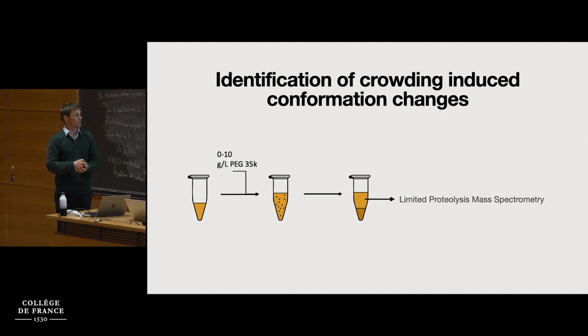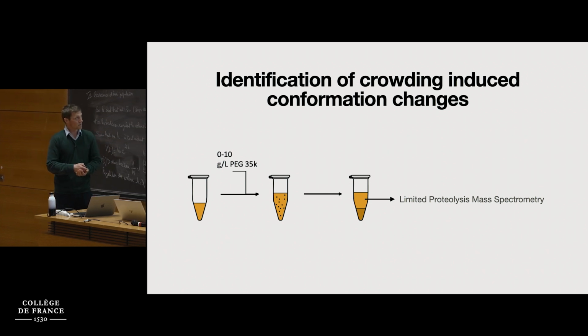And so in order to do our first experiment, we separated those two phases, and we're working with the dilute phase, with the more dilute phase. But at this concentration of PEG, we still have 90% of the initial protein concentration there. Okay. So the first experiment that we did is called limited